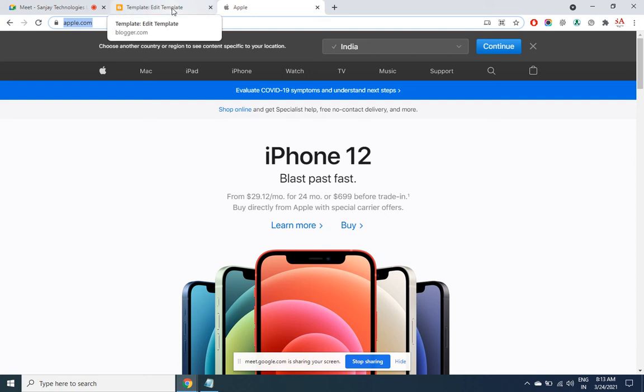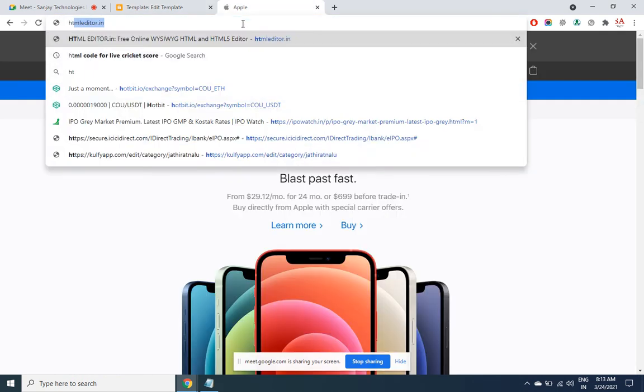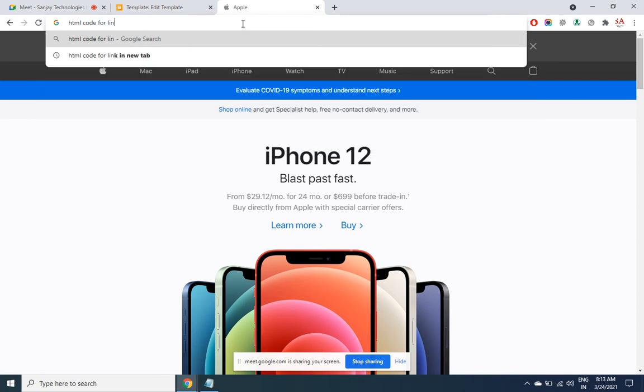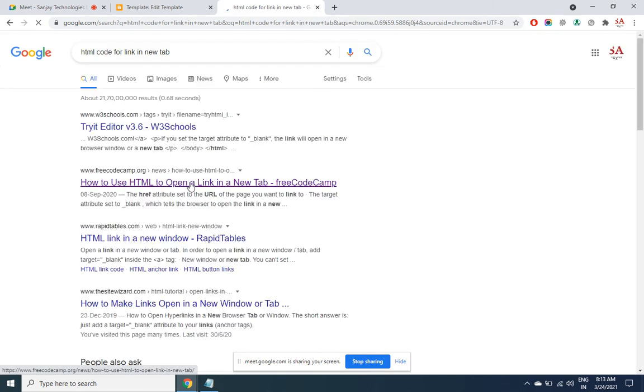So there is some extra bit of code that we need to add along with the URL. But we have no knowledge about HTML. So what can be done? Just a little research in Google is required. HTML code for link in new tab. By looking at an example, you'll get to know what has to be added.